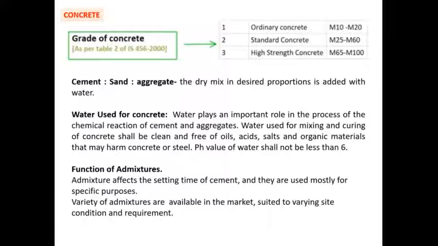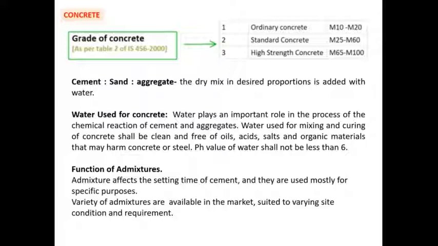So in presence of water, cement reacts in a certain way and makes a jelly or slurry kind of thing which binds aggregate, sand and other admixtures together, making a homogeneous mixture that we call plain cement concrete. Okay, so water plays a very important role. Proportion of water is very important when we talk about the concrete mix. Okay, the water which is used for mixing and curing should be free from oil, acids, any salt or any organic material that might be present in the water.